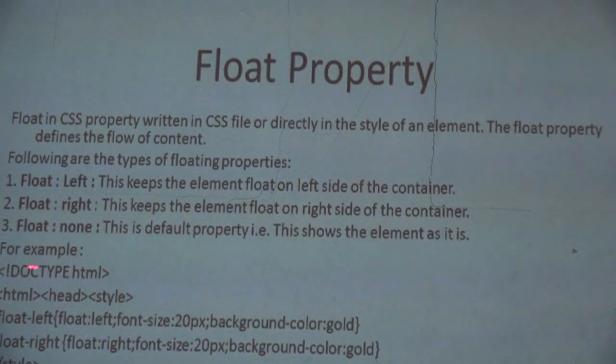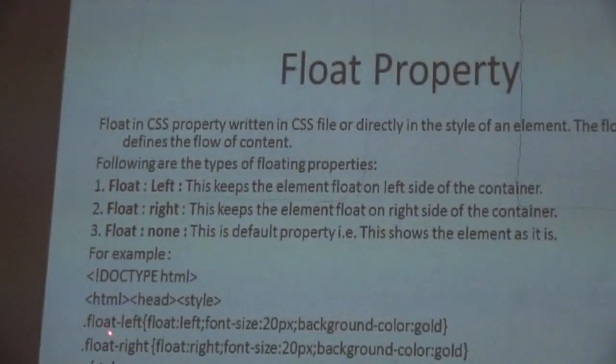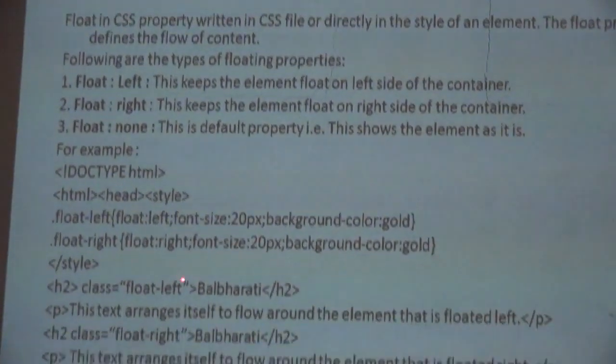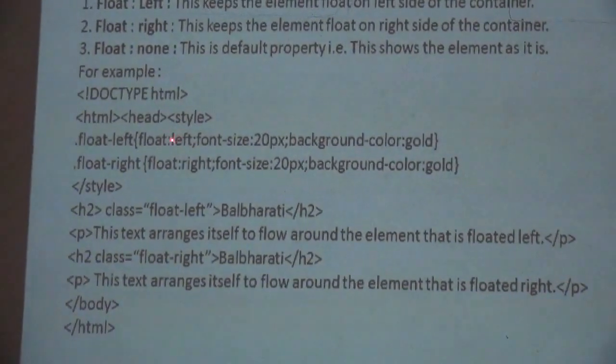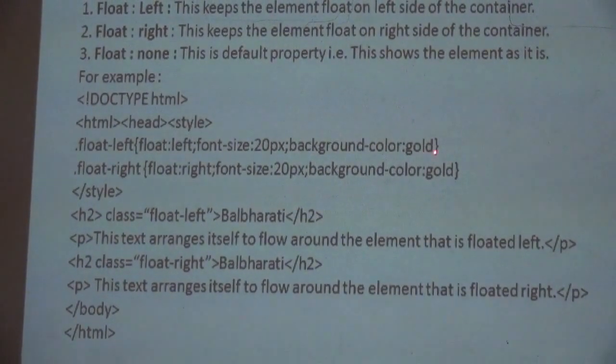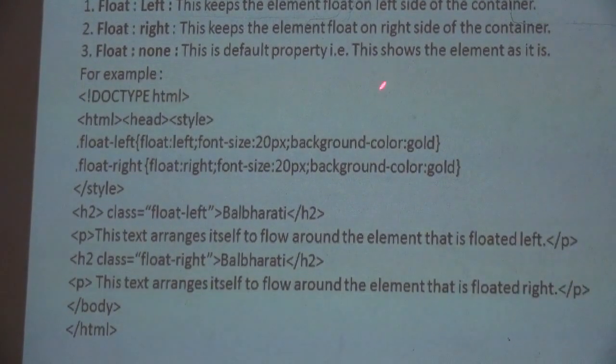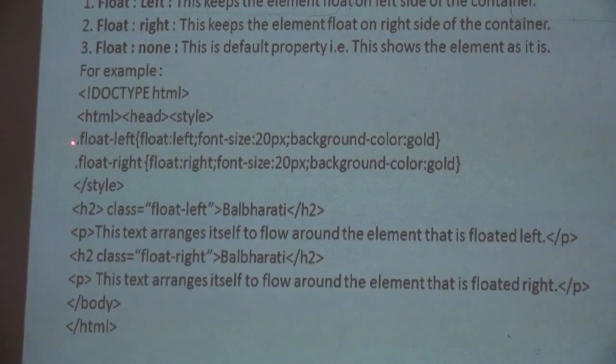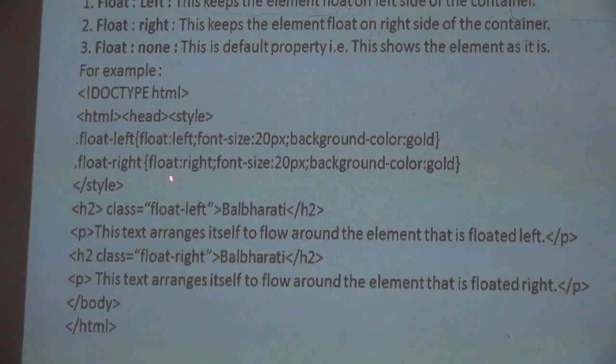Okay. For example, again we have the syntax HTML, head, style. Again this is a class selector, dot float left, font size 20 pixels, background color gold. We are not getting this gold color as output, so it is not supported by the Opera browser.